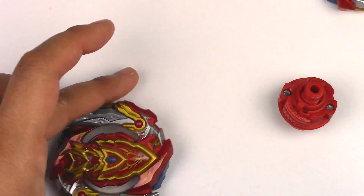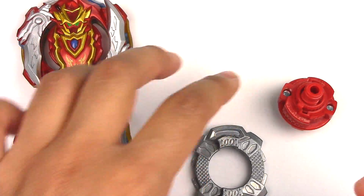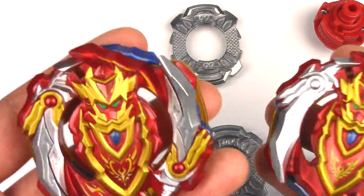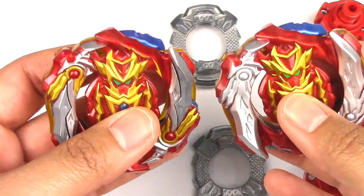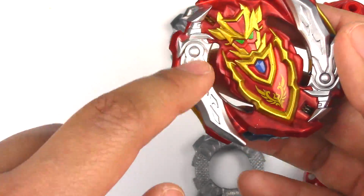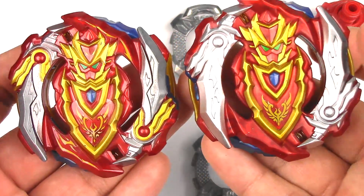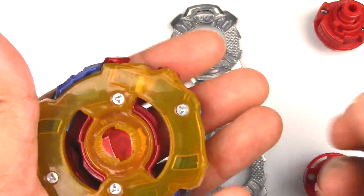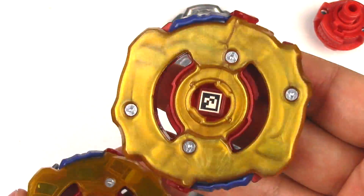Now, to compare it to Takara Tomy, let's bring them both out. Alright, yeah, you can tell the obvious difference between the two here. So, Takara Tomy really heavy. A little bit of difference in paint here. This is all silver compared to this, where there's a little bit of gold and red there. I really do hope that the burst stoppers will work here. The back side, a little bit different color. This is more solid gold,